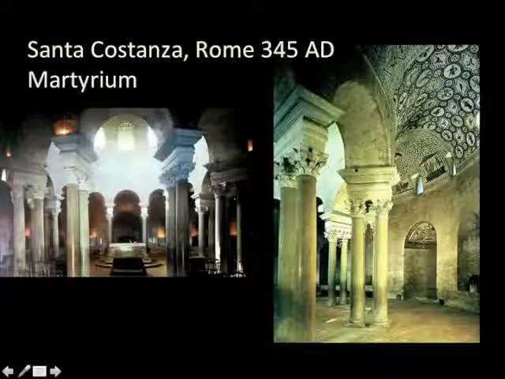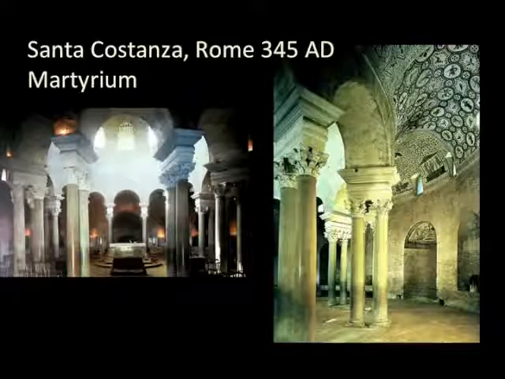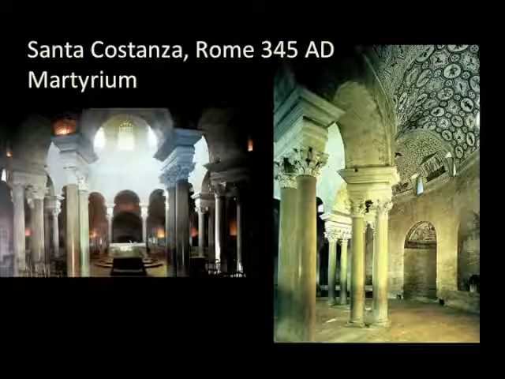If you look at the columns, these are Roman columns. And some of the columns that you find in Santa Costanza, and you increasingly find in early Christian and medieval architecture, are just spoils. You just take them from a Roman building and you put them on there. And so there might not be the same attention to the integrity of the orders that you would have had in Roman architecture. You just borrow what you can. And there's a kind of double value in this appropriation of spoils from another culture. In one sense, we don't have to carve a new column, but in another sense, you are demonstrating the eclipse of the old order and the ascendance of the new order by reincorporating pagan elements in a Christian church.